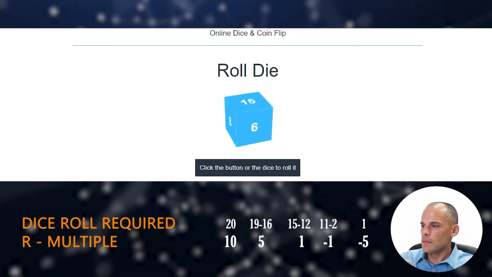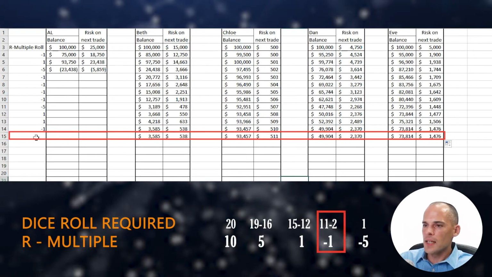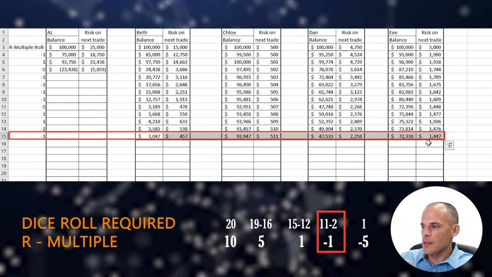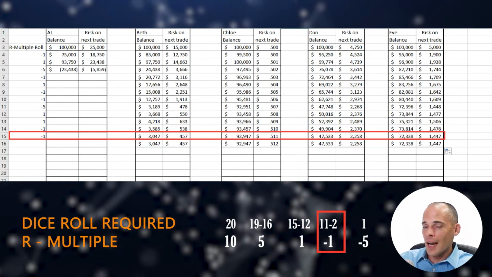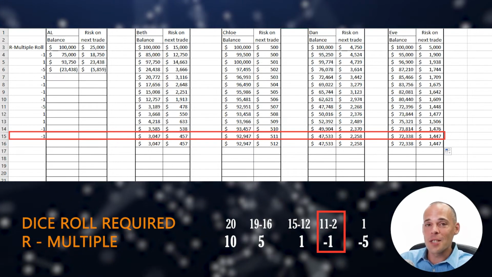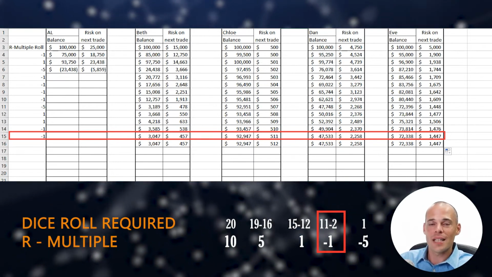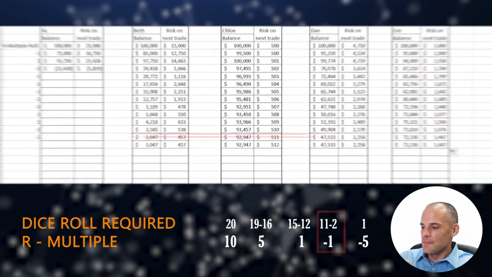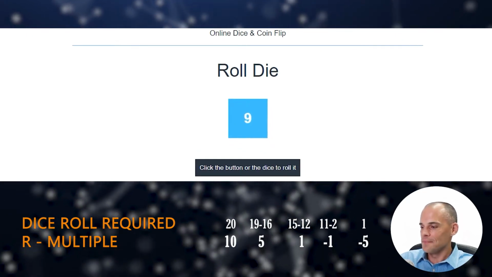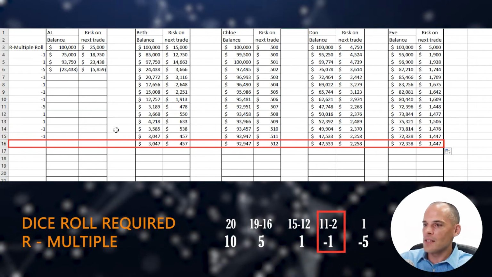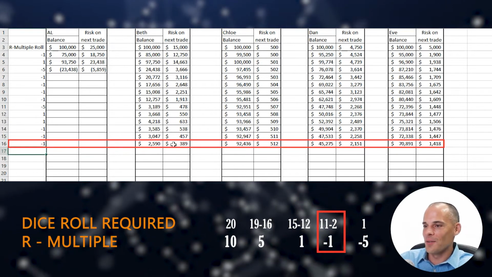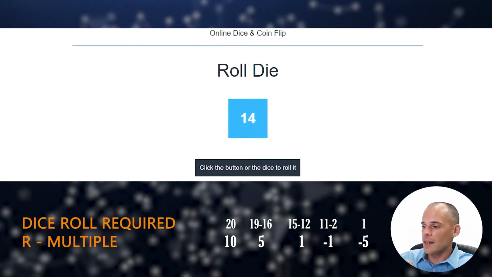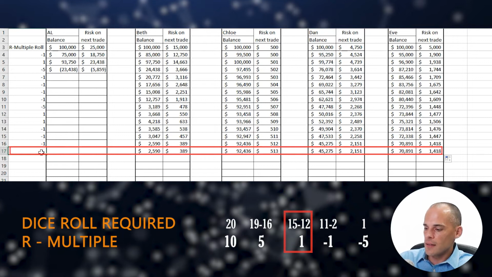Next roll. 6. That is a -1. Rough road here, folks. This happens sometimes in markets. I've seen this more than a few times in my day. And I promise you, this system is most certainly a positive expectancy system. So in other words, it should make money over time if our position sizing strategy allows us to survive. Next up, 9, the 9 is again a -1. We're having a rough time here, folks. This happens. 14, that I believe is a positive 1.